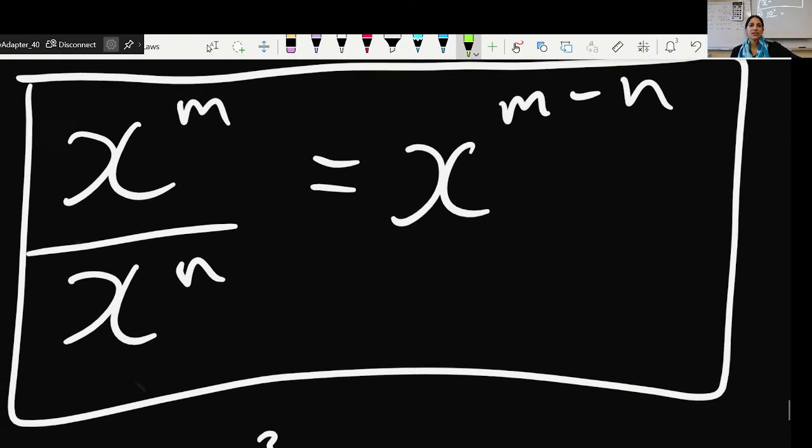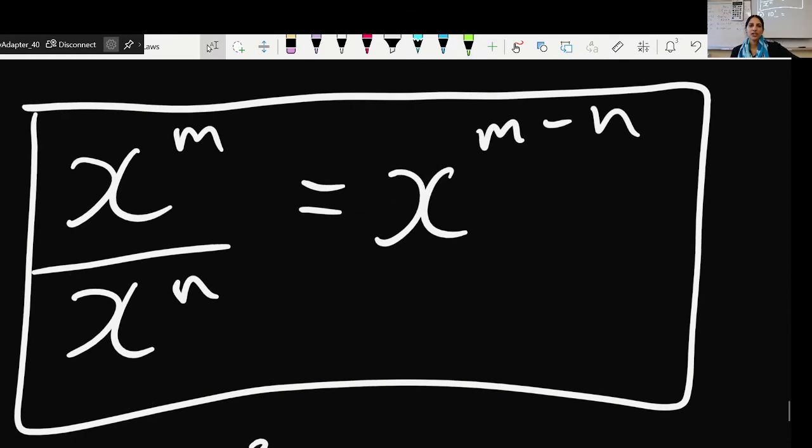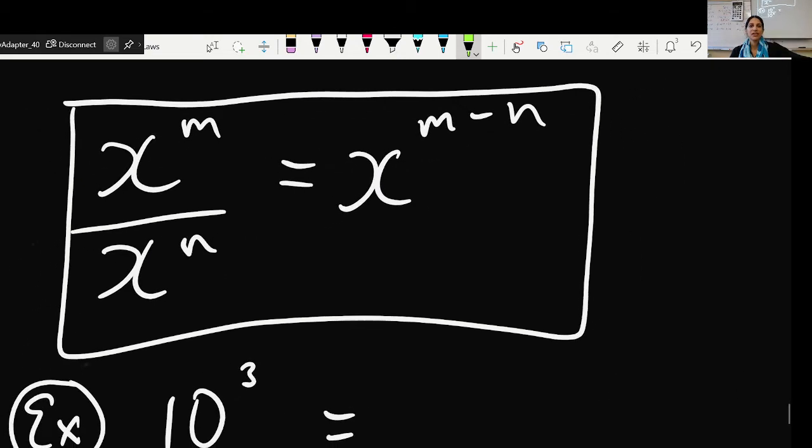Okay, so the next law, or exponent law, is x to the m over x to the n is equal to x to the m minus n. So we are subtracting the exponents in this case. Notice that just like last time, the base is the same. We can only use the exponent laws if the base is the same. So having looked at that,